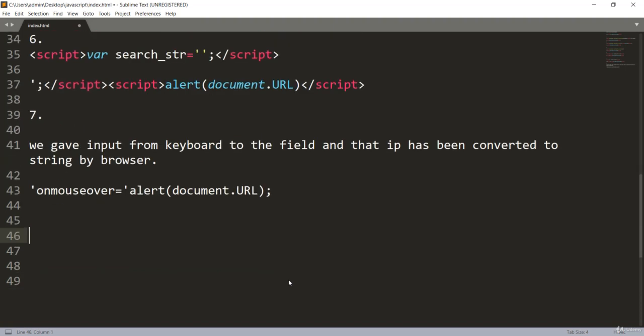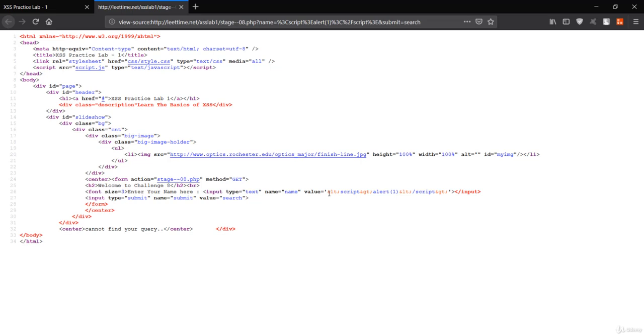This bracket has been encoded as &lt;, and this has been encoded as &gt;. So greater than and less than have been encoded and converted into a string. That means our script has not been executed.